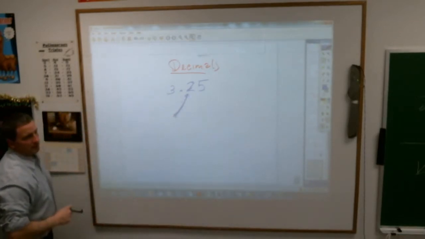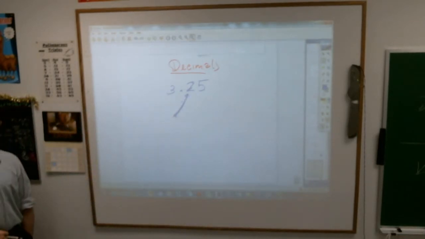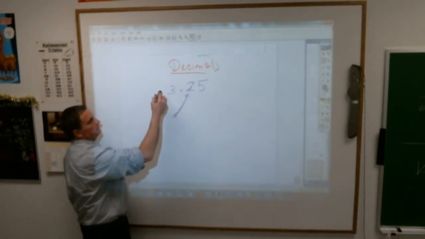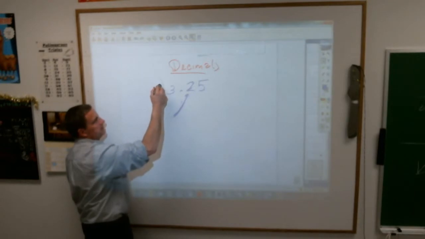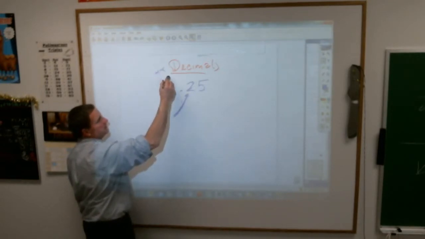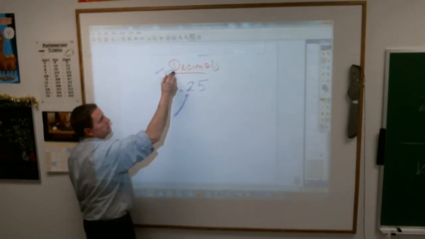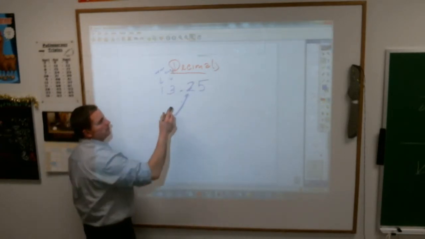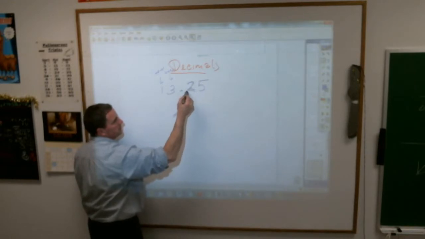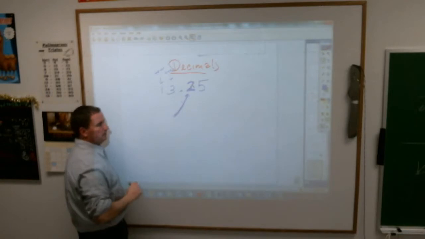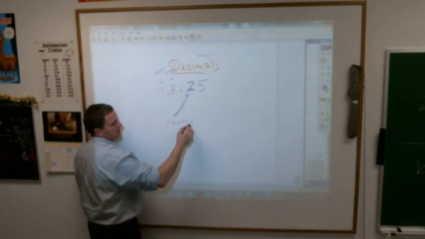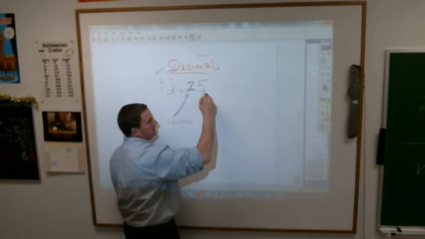The first place after that decimal is what place? Does anybody know? Just like I have place values over here, let's say this is the tens place, this is the ones place, or the units place. The 2 there is in the... Nope. That's why we do this, so we make sure we got this. You're close. The 2 is actually in the, Maddie? Tenths. That is the tenths place. And the 5 is in the,